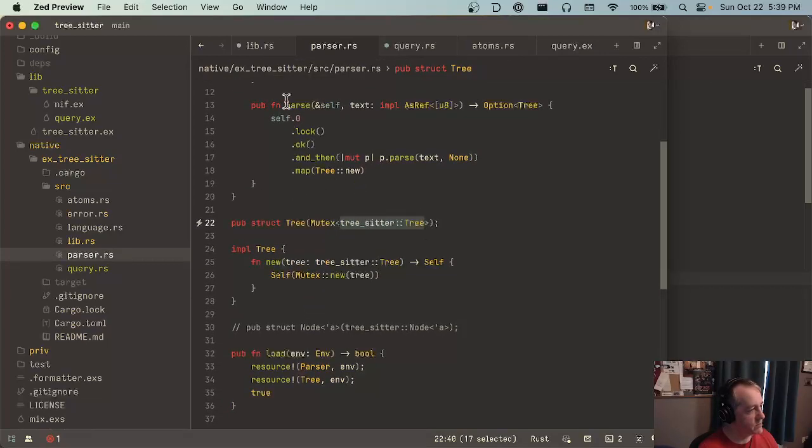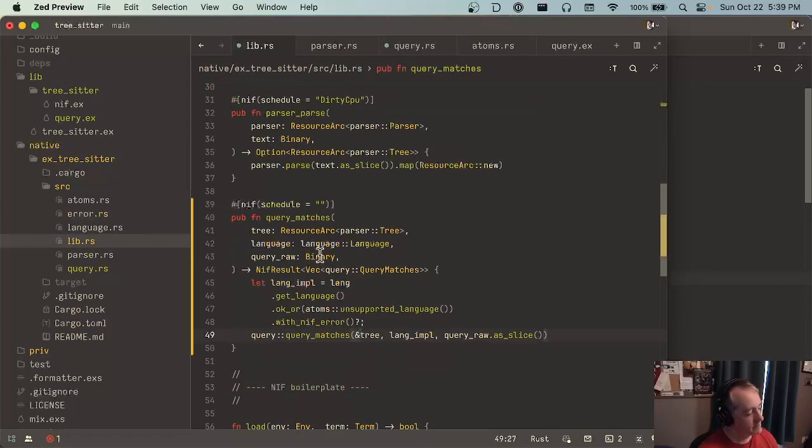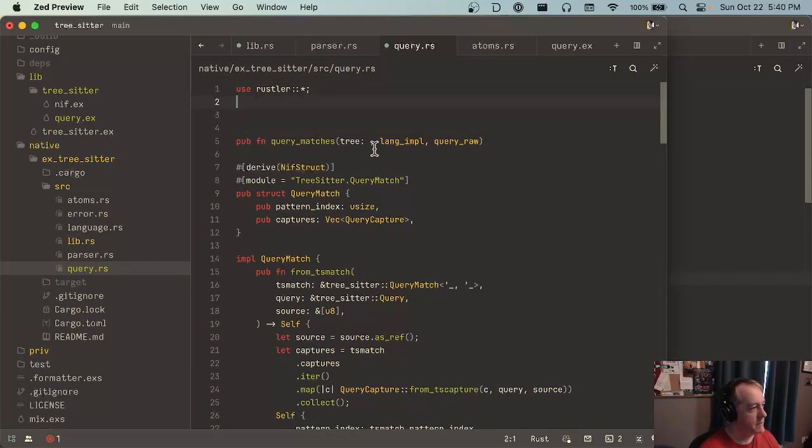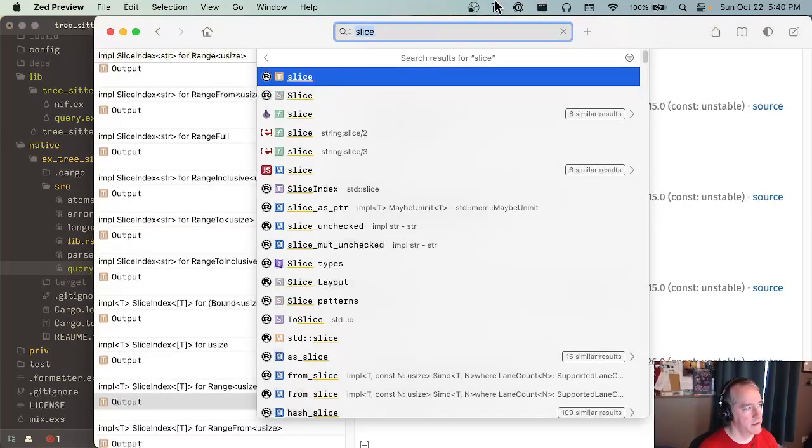Right, because this is a resource. Okay, we've got to, oof. Not fun. We're going to have to expose the text guard, right? I don't really want to do that, but